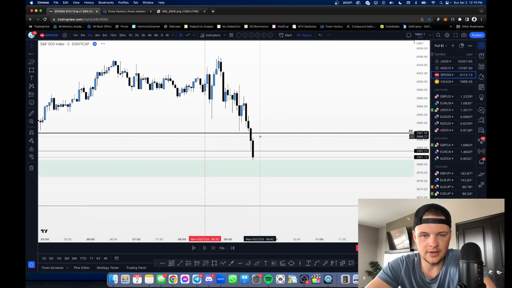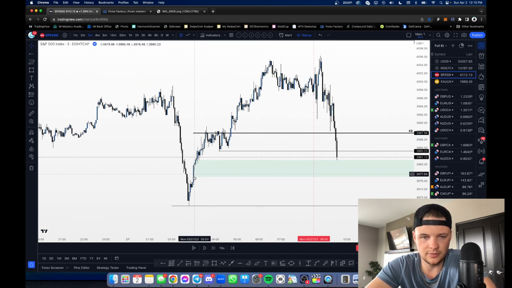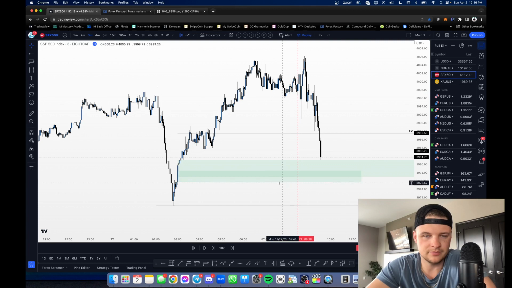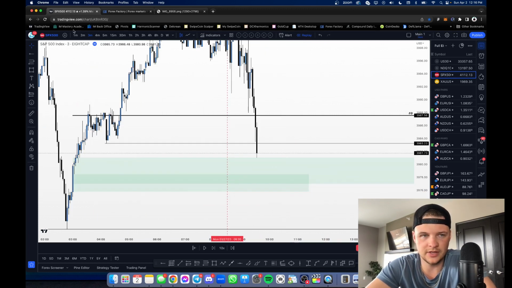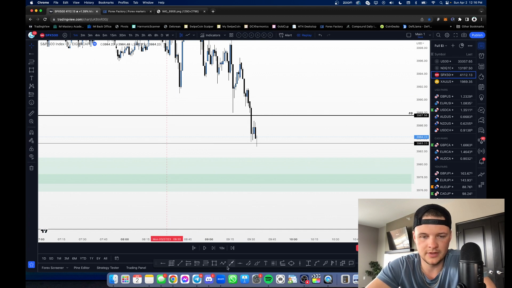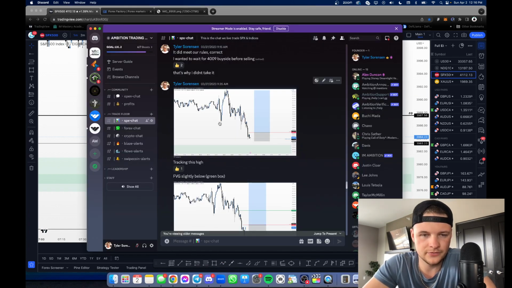And then if we drop down to the 3-minute, there was actually a little bit of confluence with another fair value gap right here, right? If you understand the concepts, you can see that right here. So you actually get overlapping fair value gaps, a little bit higher time frame and lower time frame. So just marking this all up and annotating it, keeping an eye on everything as price is playing out. We can drop back down to the 1 minute time frame and look at how we called this out.